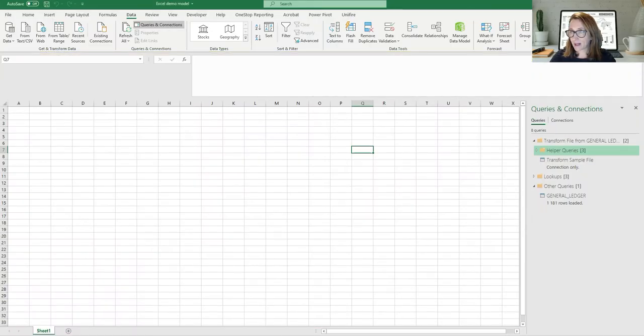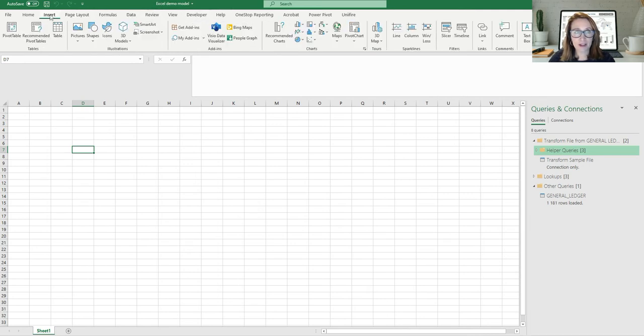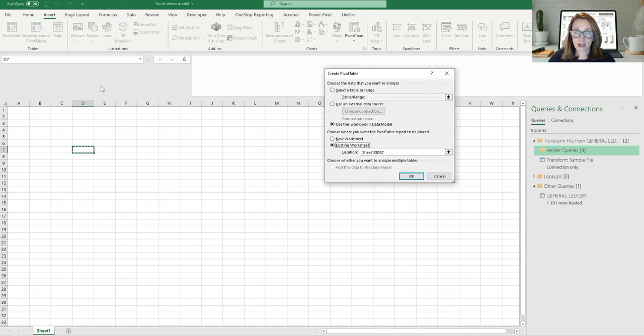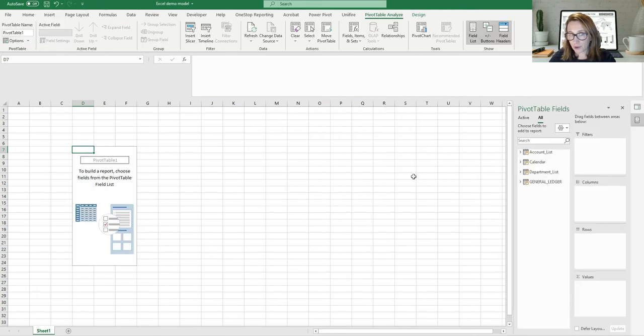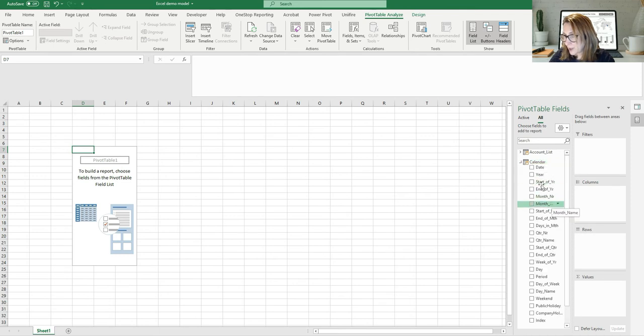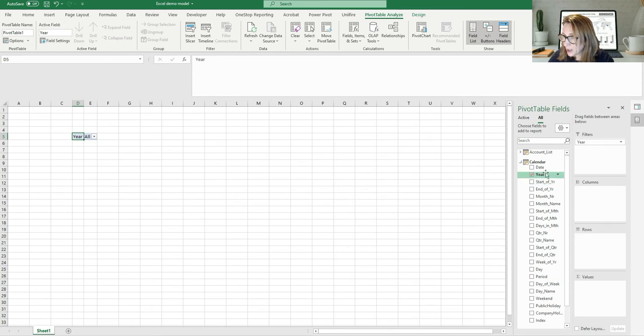and we're going to go back to Excel, and then we're going to put in a Power Pivot just to demonstrate how this works. So if we go insert and pivot table, now what you're going to see is it looks the same as the other pivot table that we built earlier, but now I can pull things from lots of different tables. So say in this case I'm going to have a year as a filter, for example, and let's say I want to have quarter name in columns,